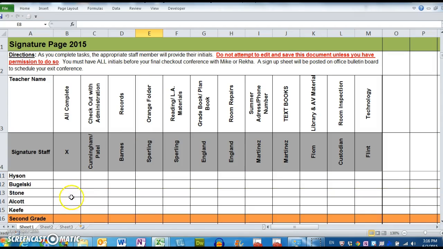So let's go back to Mrs. Keefe's example, where she completed the room repairs. So Kathy, when she sees on the virtual checkout document that Crystal has completed the room repairs part, is going to sign her initials. That's what Kathy would do when Crystal completes that part. So Crystal is going to check off the different items on the virtual checkout, and then she's gradually going to get signatures from the different people